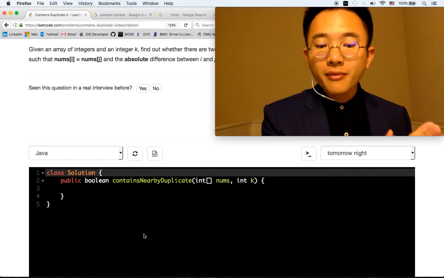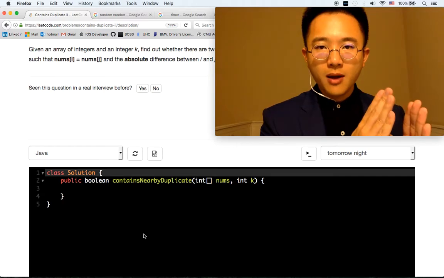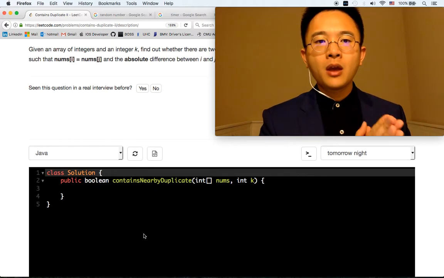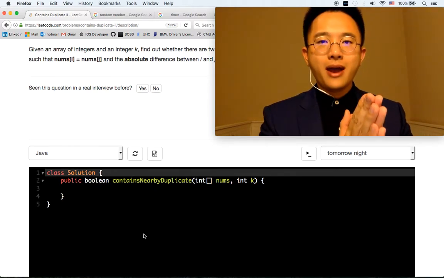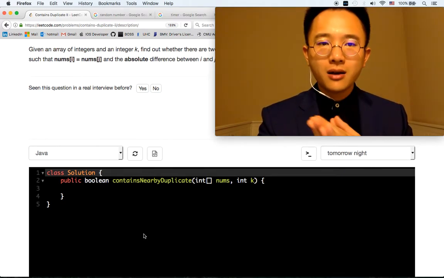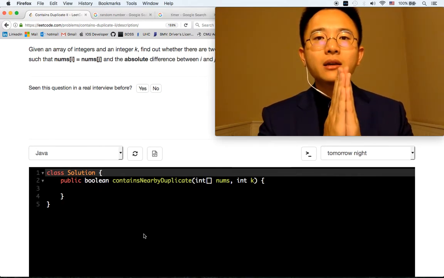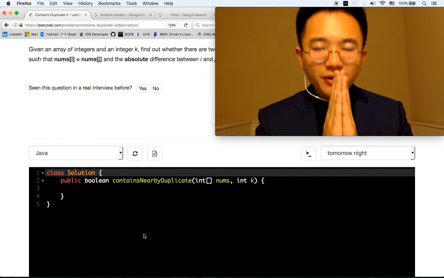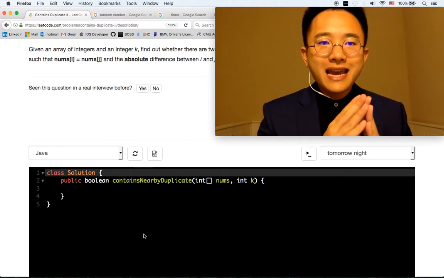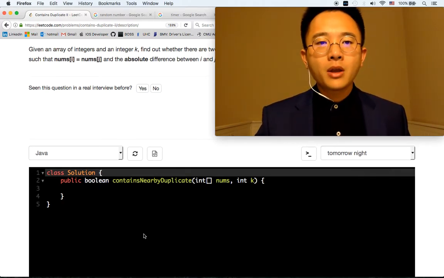So the problem with that is for every element, we have to check k times, right? So it's n times k. So is there any way that we can do it in n time? I think the best case is n, because we at least have to iterate through all the elements in the array, right? Okay, so